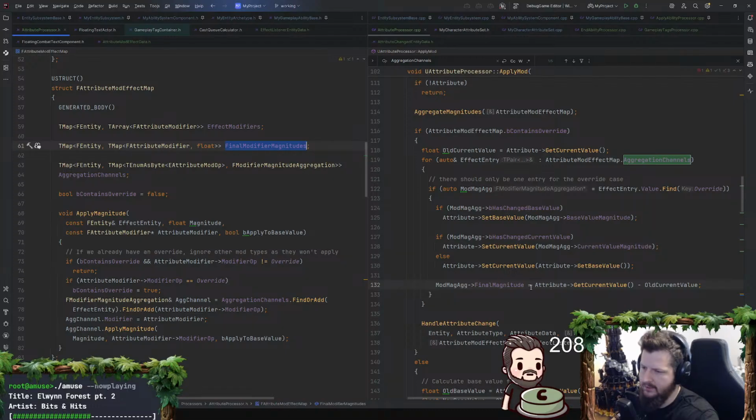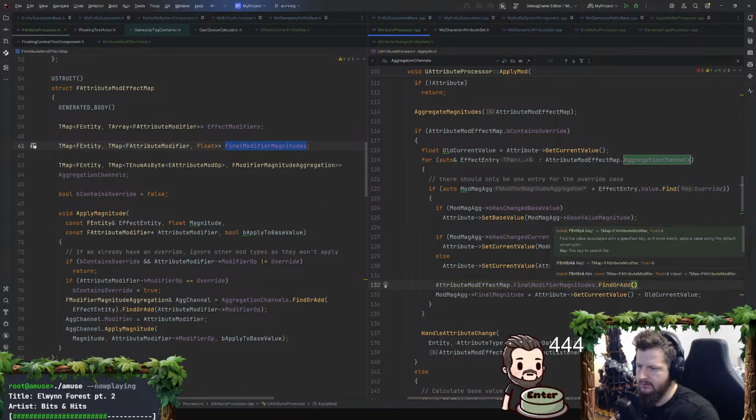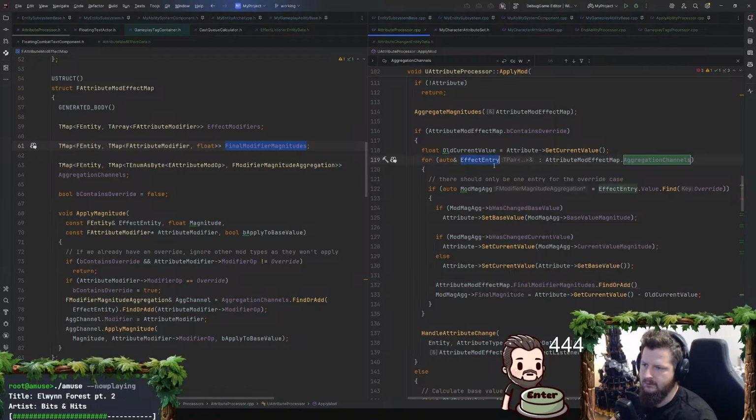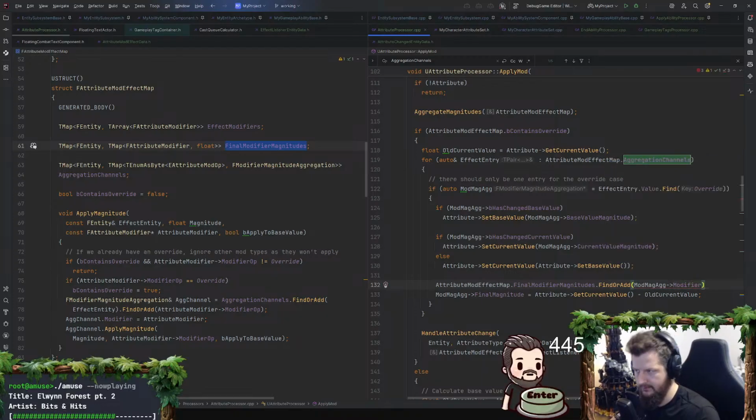Final modifier magnitudes. So in here we would want attribute mod effect map, final modifier magnitudes, find or add on the effect entry value, the mod mag ag modifier pointer. Oh, and this needs to be a pointer. There we go.